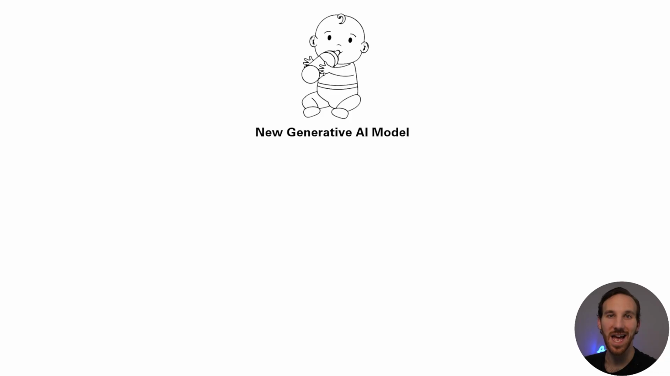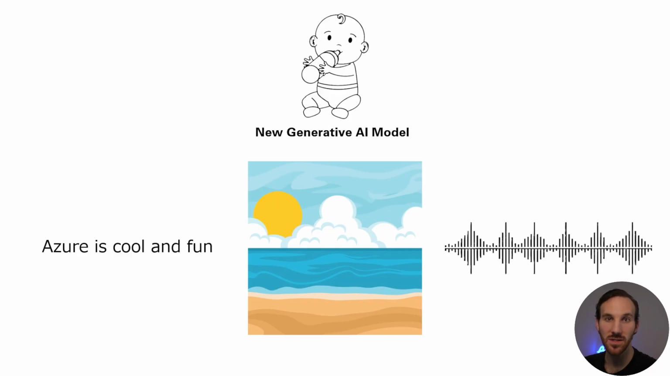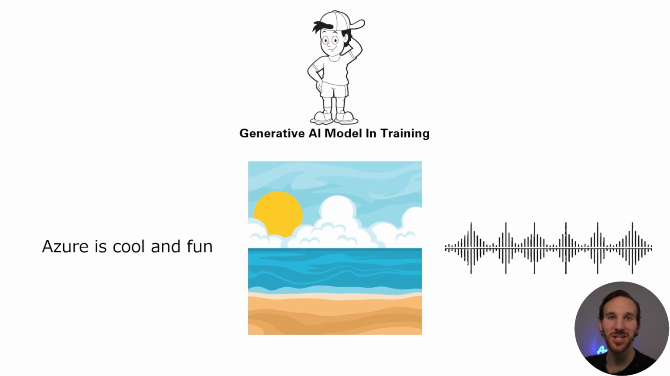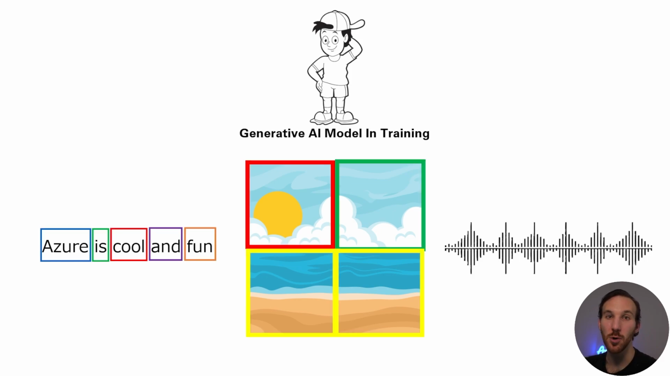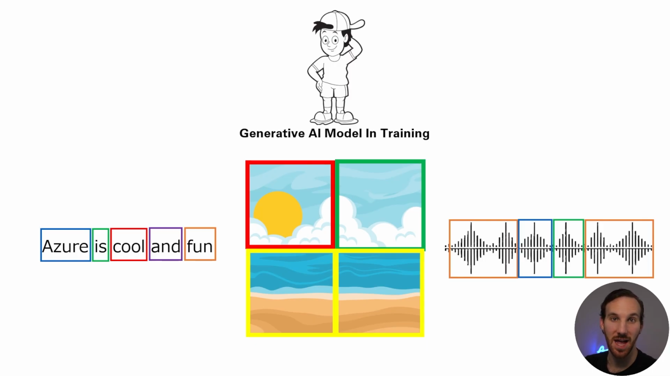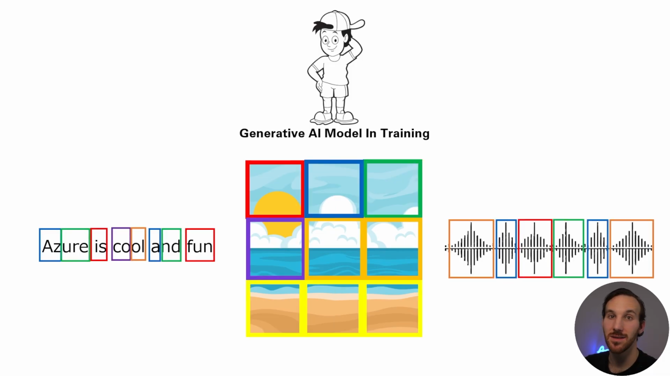When a new generative AI model is trained, we feed it all sorts of data. This data could be text, images, or audio. As the model is trained, it starts to pick up on patterns in the data. This could be words in text, groups of pixels in an image, or waveforms in an audio file. The team training the generative AI model decides that they want the patterns that get memorized to be big, small,